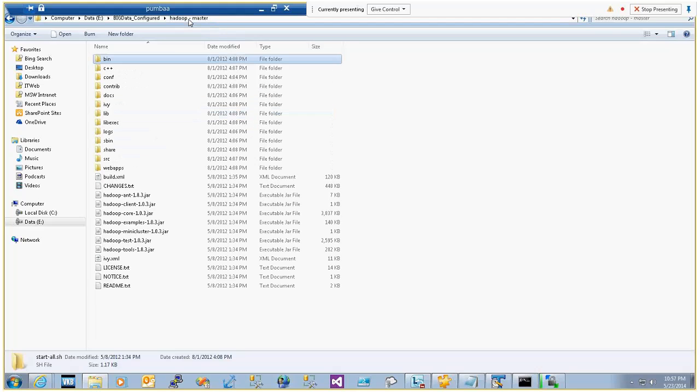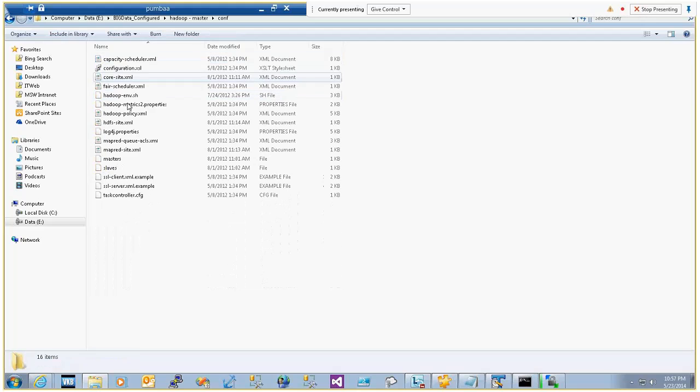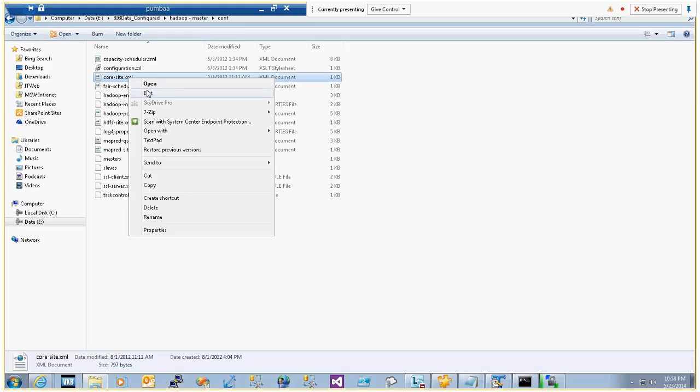One is this bin folder, and the other is the conf folder, the configuration folder. Where will Hadoop save all the input and output files? How does the name node know which are the data nodes or which are the task nodes? We have several configuration files here, like core-site, that defines where Hadoop will save its input and output files. If I just open it,